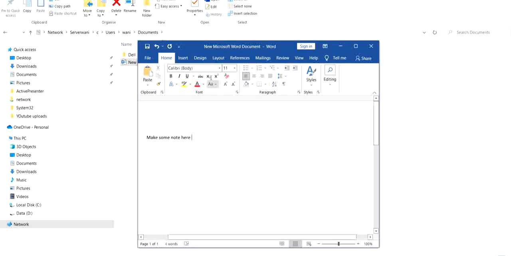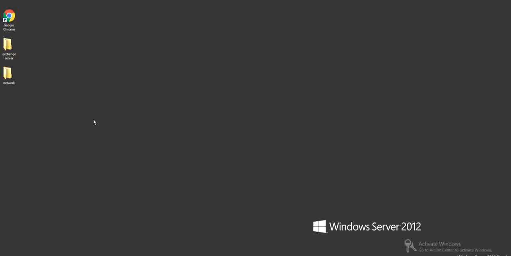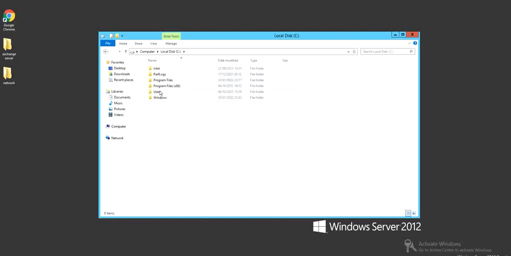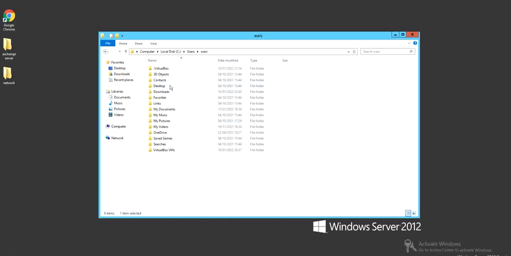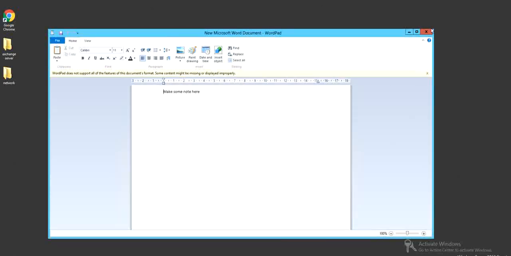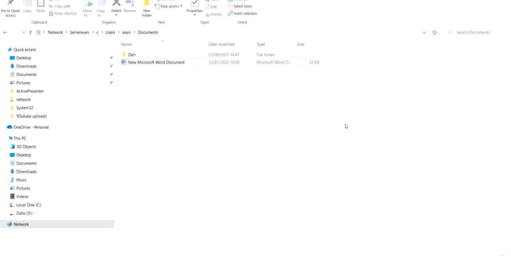To confirm this action, we can go to the other machine, which is our server. Click on the machine and go to the user one on this machine, and you can see the document here and make some notes there. So hopefully you understand how to log in with a remote desktop connection to go to another machine and give permission